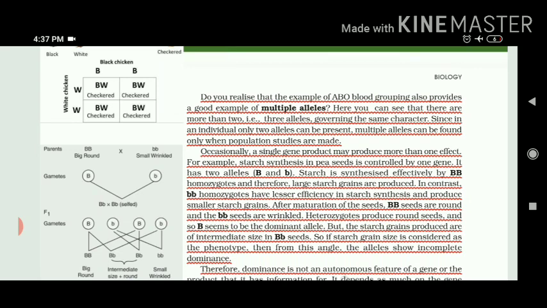Let's study one more concept. We usually say a single gene will produce only a single effect. There is one example in pea seeds, where one gene produces starch. Starch is very important because whenever food is synthesized, it is always stored in the form of starch. The gene has 2 alleles, one capital B and the other small b. Starch is synthesized effectively by homozygous genes. So it means a grain